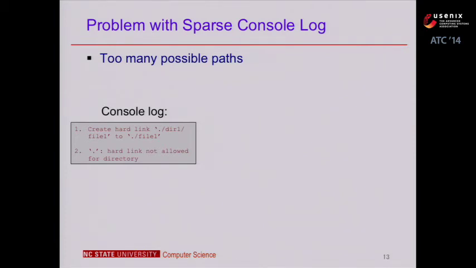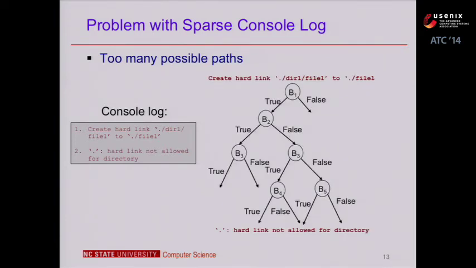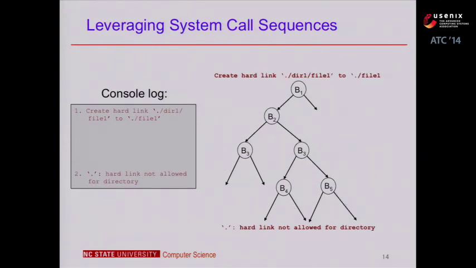So you can imagine that between these two console log messages, there might be thousands of instructions, so there are multiple possible paths. And because In-situ doesn't know which one to pick among these multiple possible paths, our idea is that we want to provide more actual information to In-situ so that it knows which is the right one it should pick.